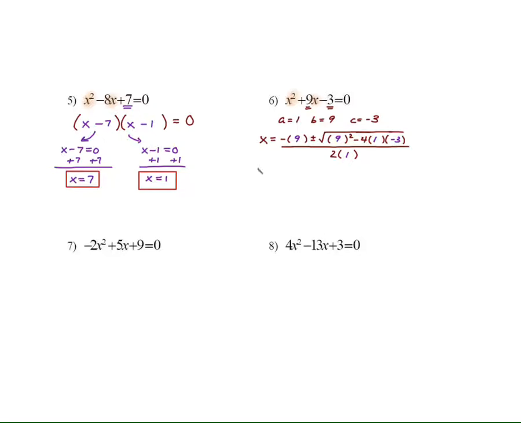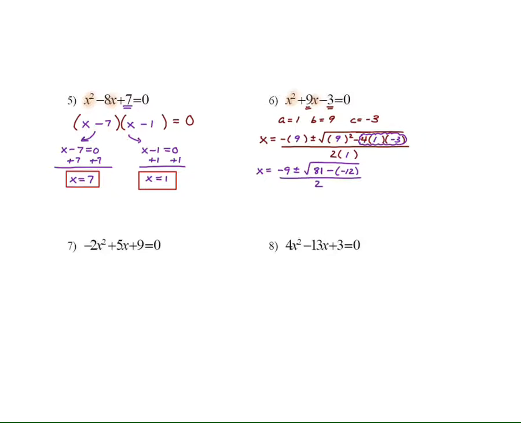And then I like to just handle the number out front, x equals negative 9 plus or minus. And then I do what's underneath the radical really in 2 steps. So first square that b, which is in this case 81. And then I bring down the minus from the inside of the square root. And then I multiply the 3 numbers together. So I've already dealt with that minus up front, so I really just multiply 4 times 1 times negative 3, which is negative 12,